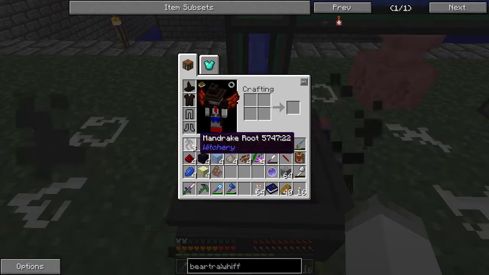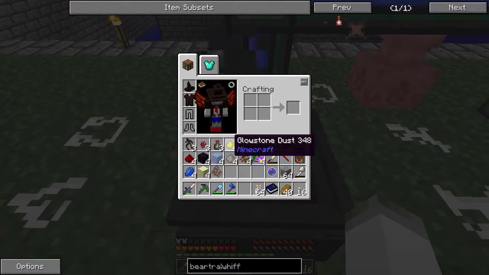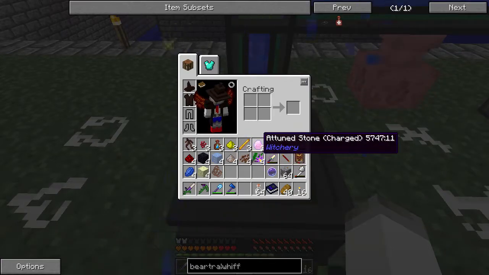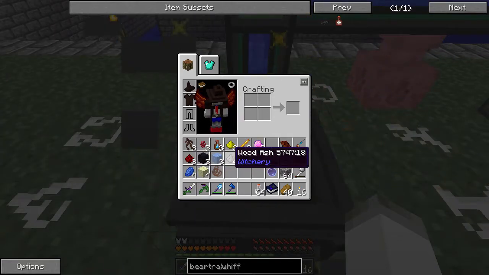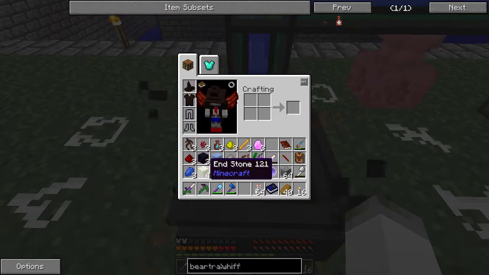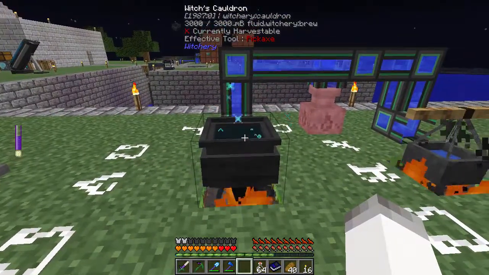So Mandrake Root, Netherwort, Tear the Goddess, Glowstone, Blaze Rod, Attunestone, Redstone, Obsidian, Ice, Wood Ash, Cocoa Beans, Belladonna, Lapis, Endstone, and Wool of Bat. So give it a second,